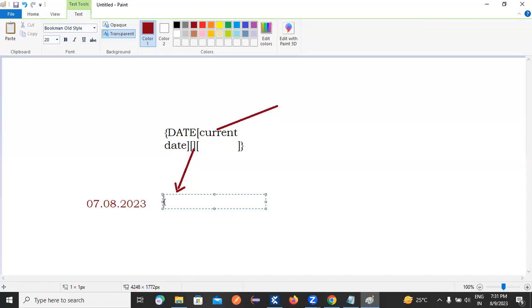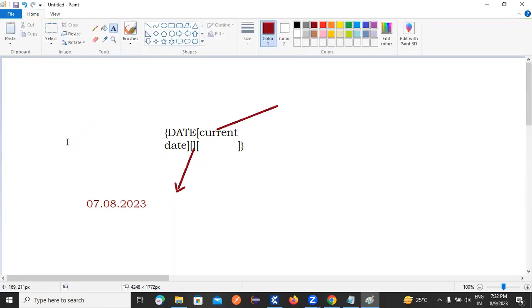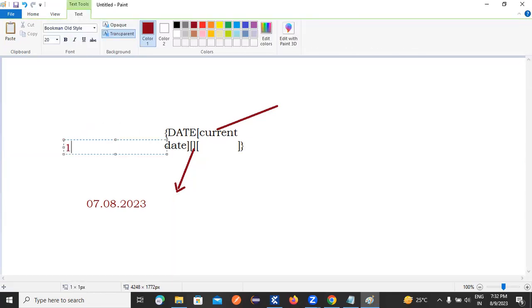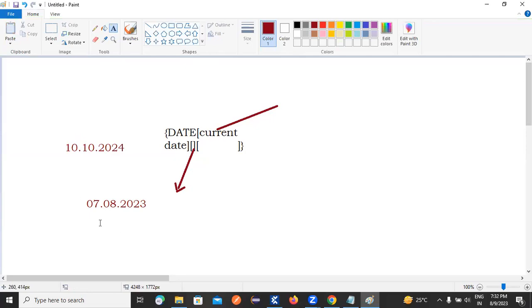I want to add our expected date, I want to provide here 10, 2024. I need to provide 10, 2024. In the second curly braces,